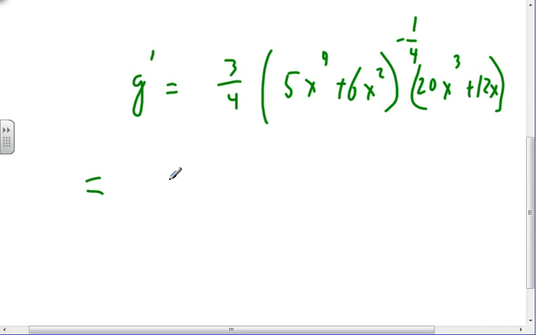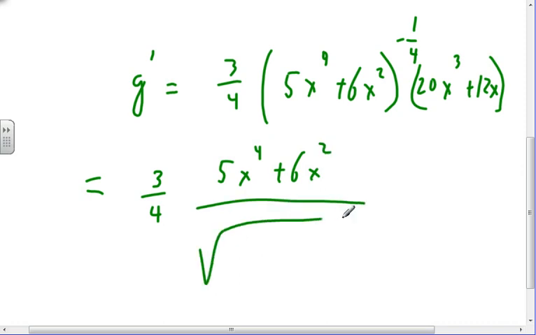Okay, so I've got 3/4, 5x to the fourth plus 6x squared divided by the fourth root of 20x cubed plus 12x. Okay, now in my radical,